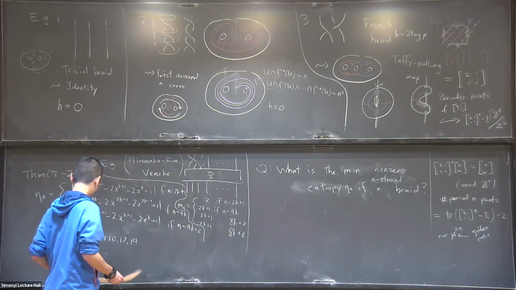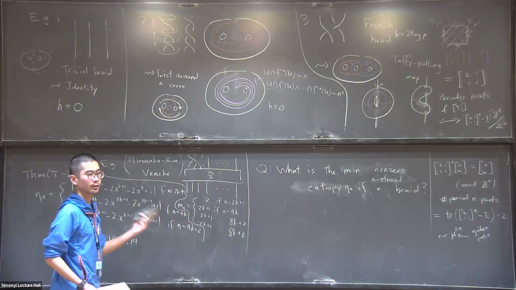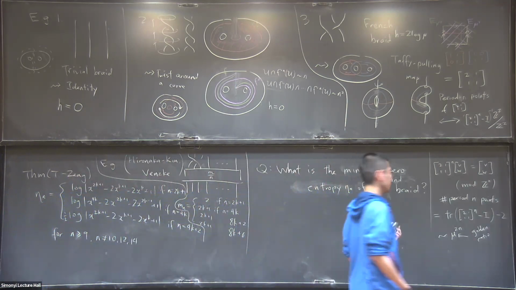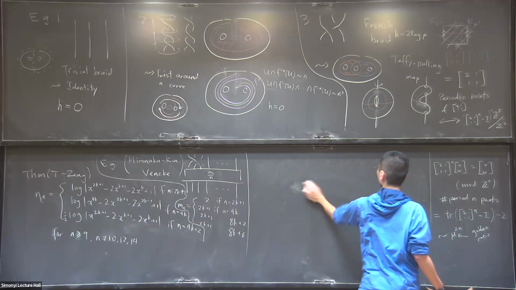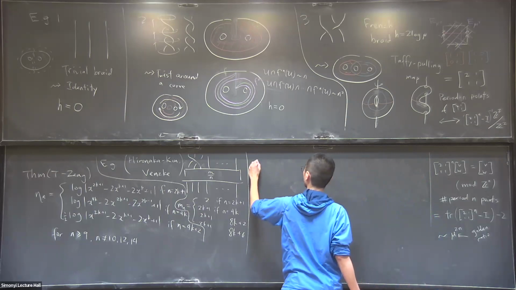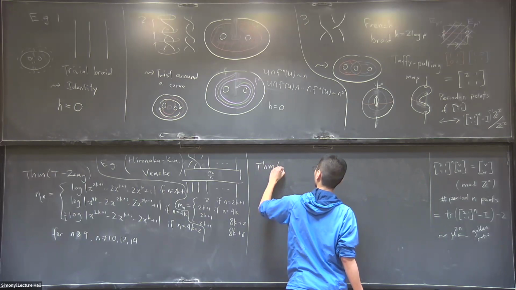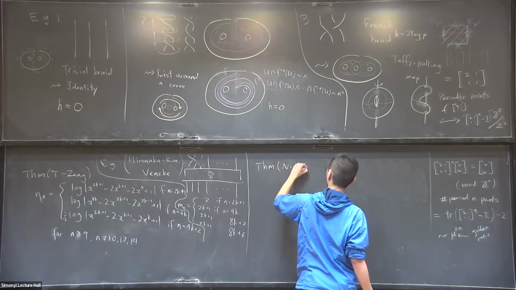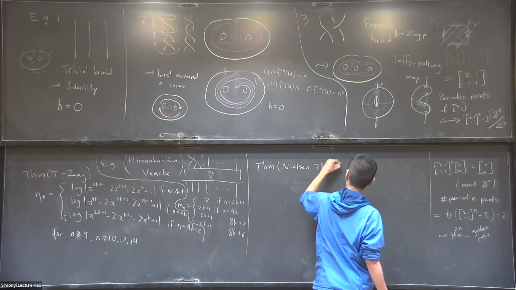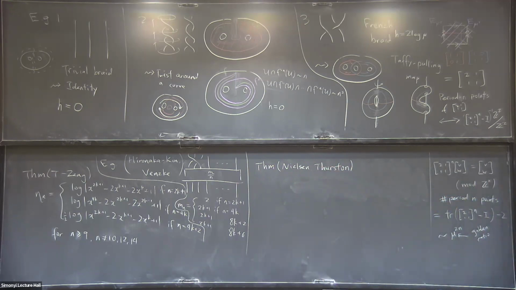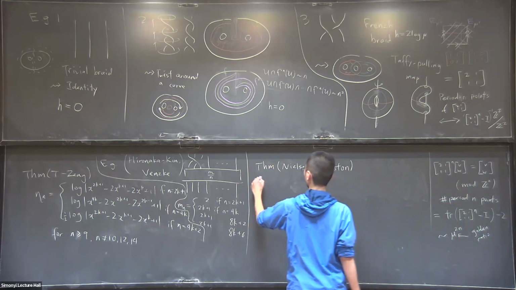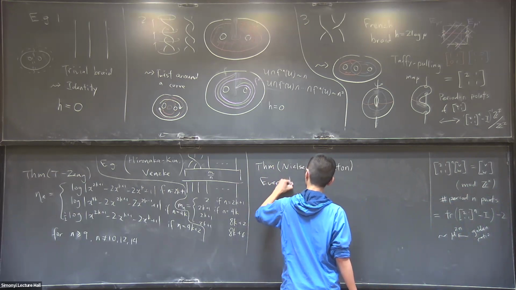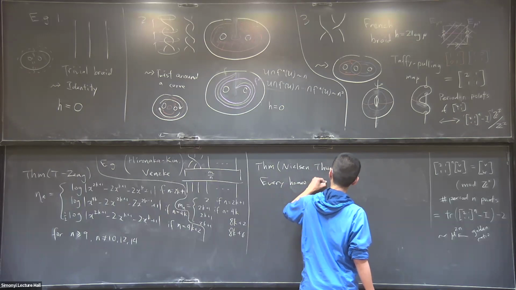Okay, so I will now say a few words about how we prove this theorem. Here is a theorem by Nielsen-Thurston. It gives a classification of surface homeomorphisms on a compact surface. Say, every homeomorphism on a compact surface